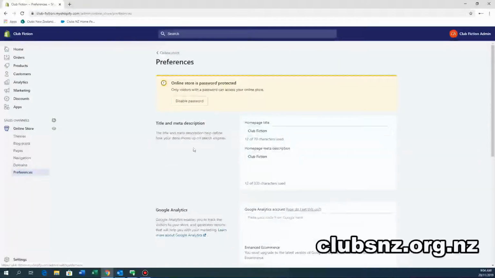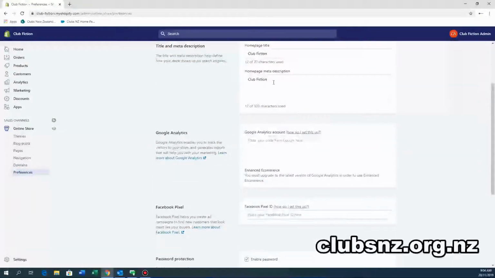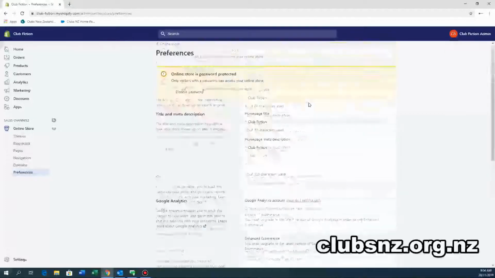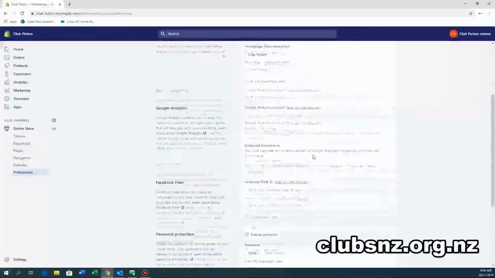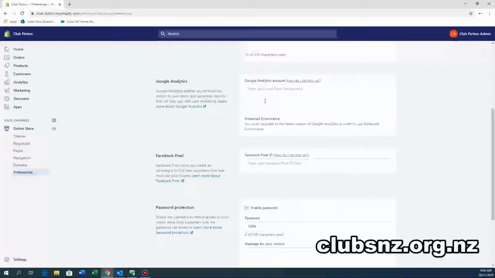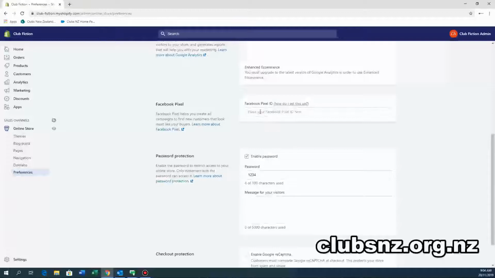Preferences, it's where you set up your homepage and your homepage description. This is what comes up in Google and other search engines when you're searching for the site. You want to put something good and descriptive in there that people might be searching for. We can link to a Google Analytics account, so you can get the information directly from Google as far as visitors go, and also a Facebook pixel, so you can link it directly with Facebook and get the